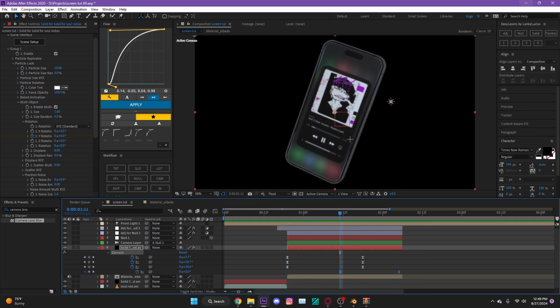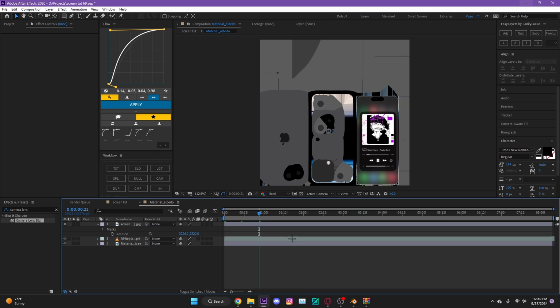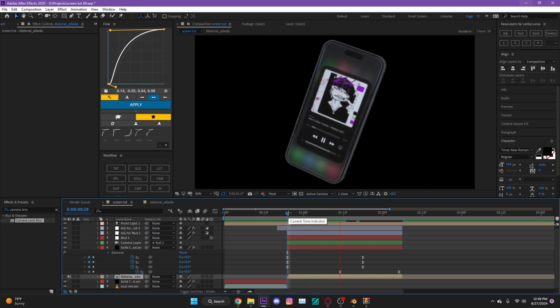Alright, now if you want to have it so it cuts to a different screen, I'm going to go around here where it's not facing us. So then we can go into the layer, then just cut this out, go back, play it,